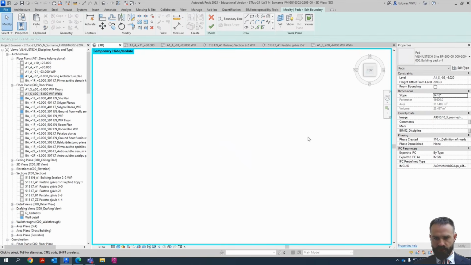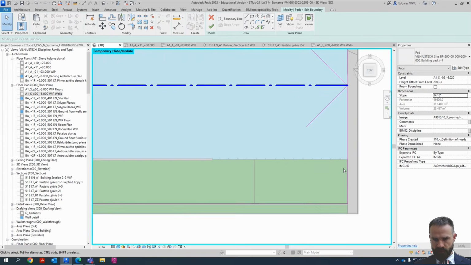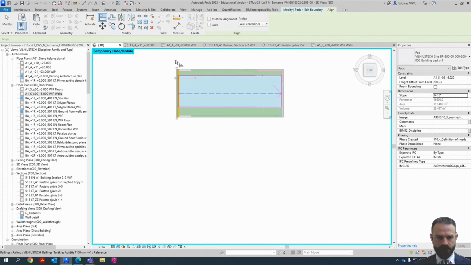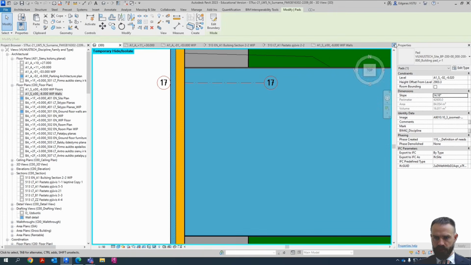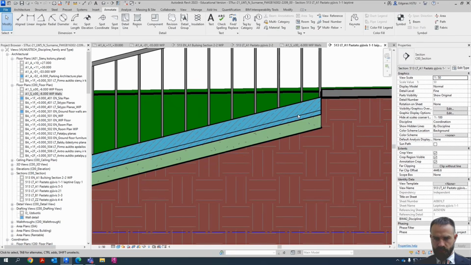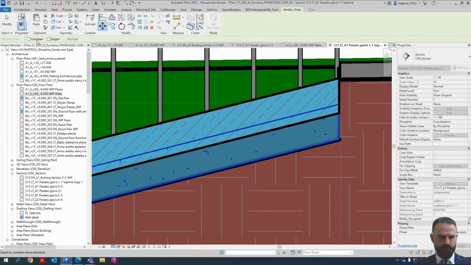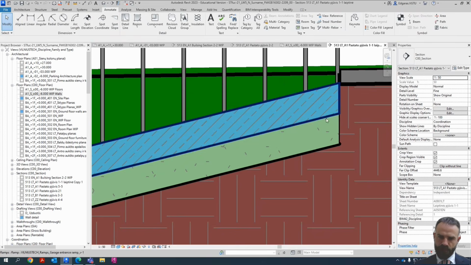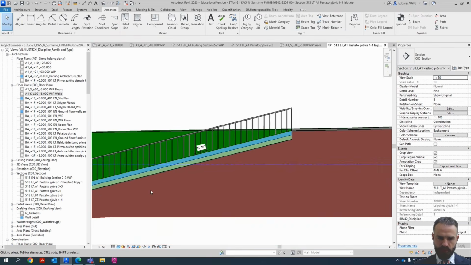And of course dimensions should be updated, so I can put my dimension to 5 meter limitation. Finish, go back to the section and move. Don't use disjoint, use constraint and just move down,